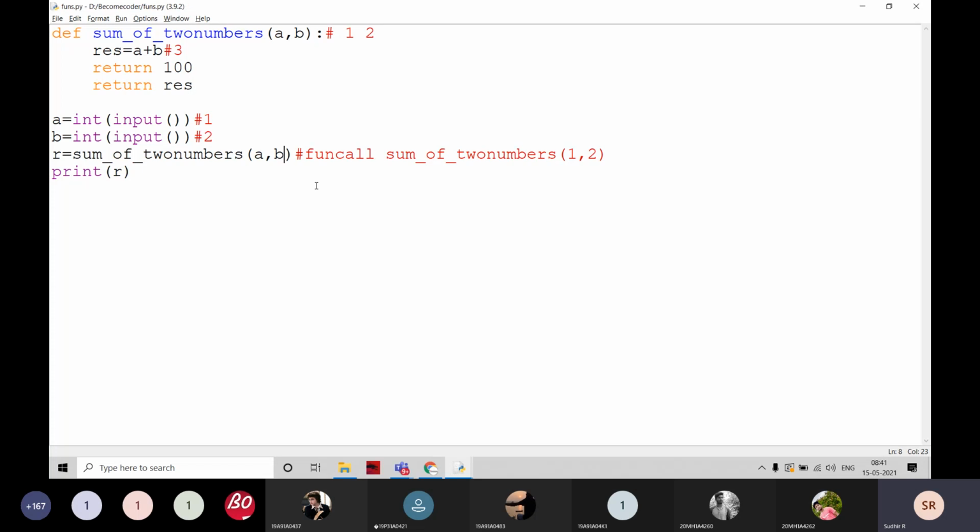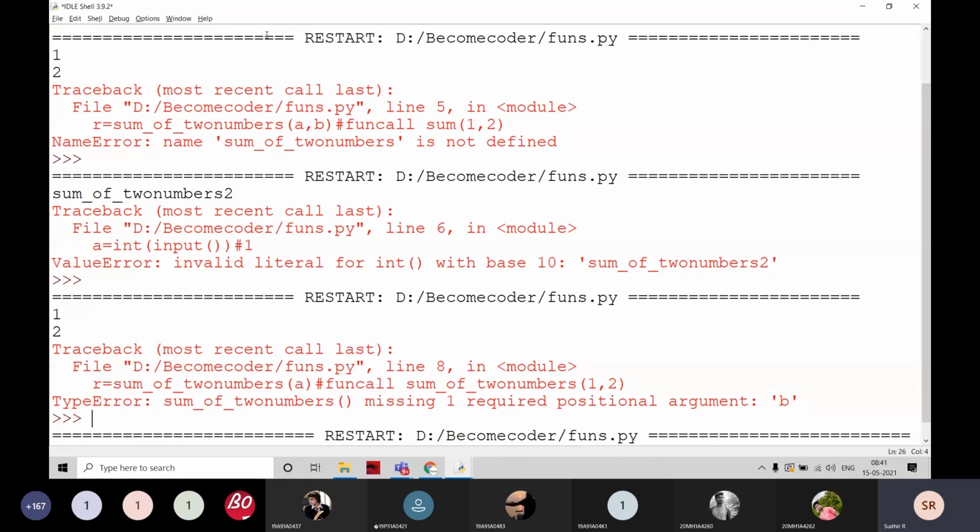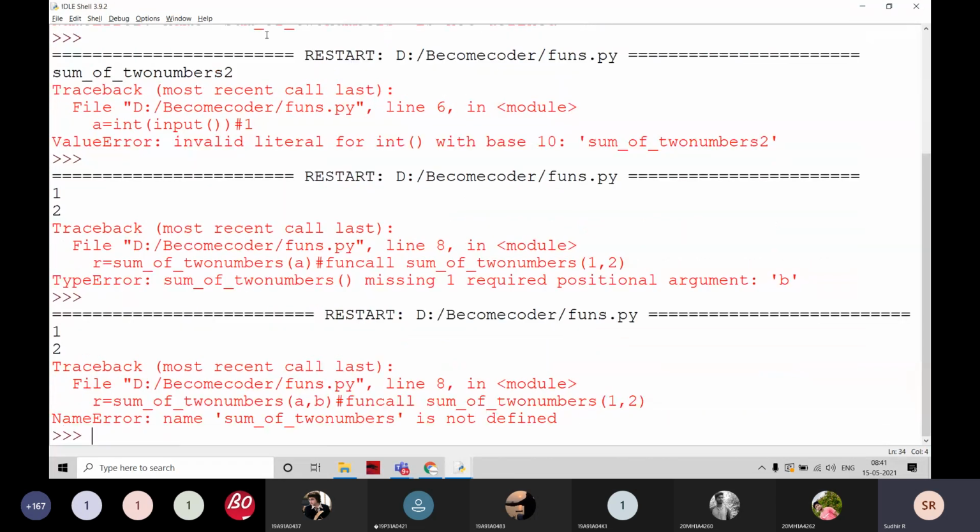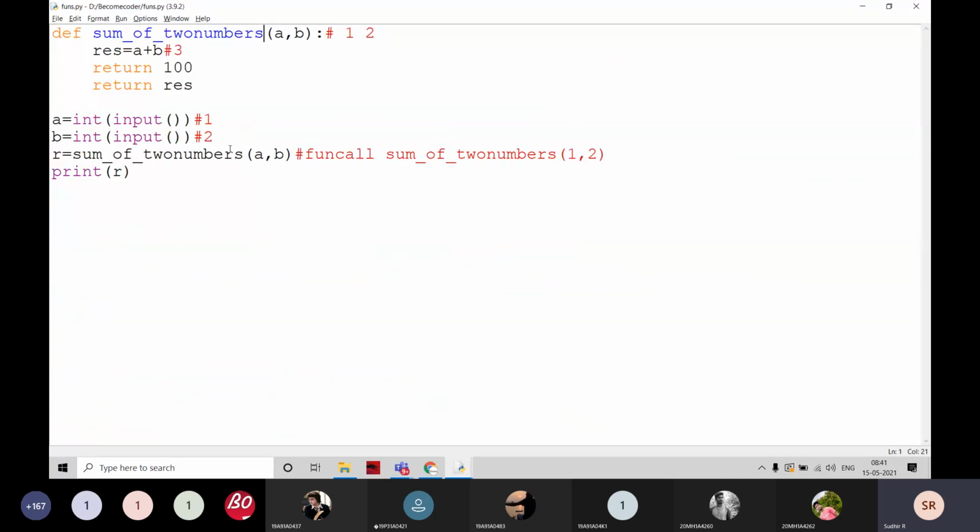Now, when the function call is there, it is checking all these values, whether the name is there or not. For example, if there is a simple mistake here, it tells that it is not defined. When the error is like this, that means the error is here only. I am going to modify it, and pass two values here. Here also we have to get two values. Yes, now the syntax and everything is properly corrected, and then it is moving into this one.